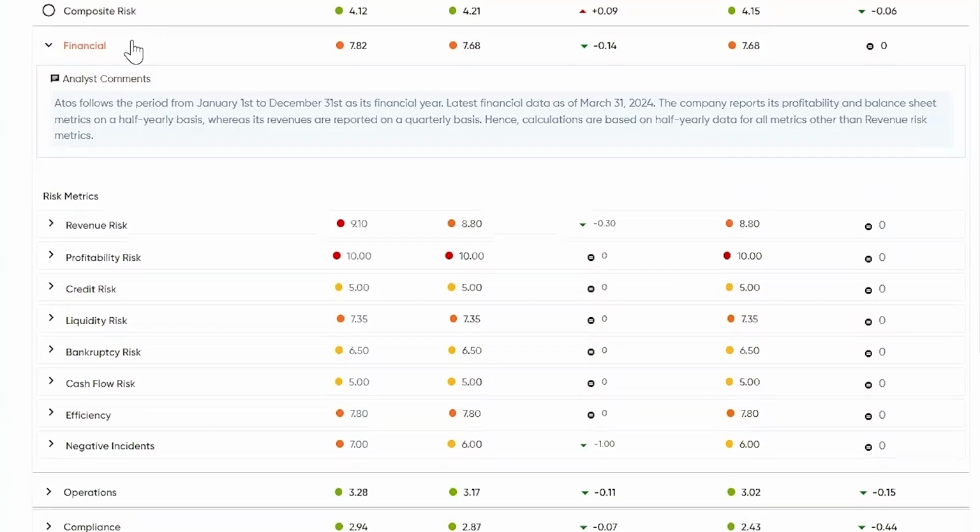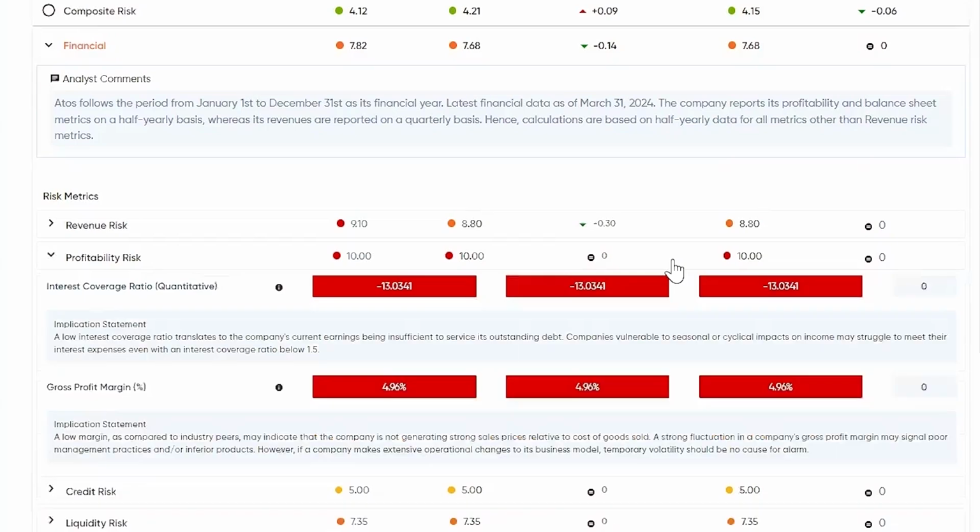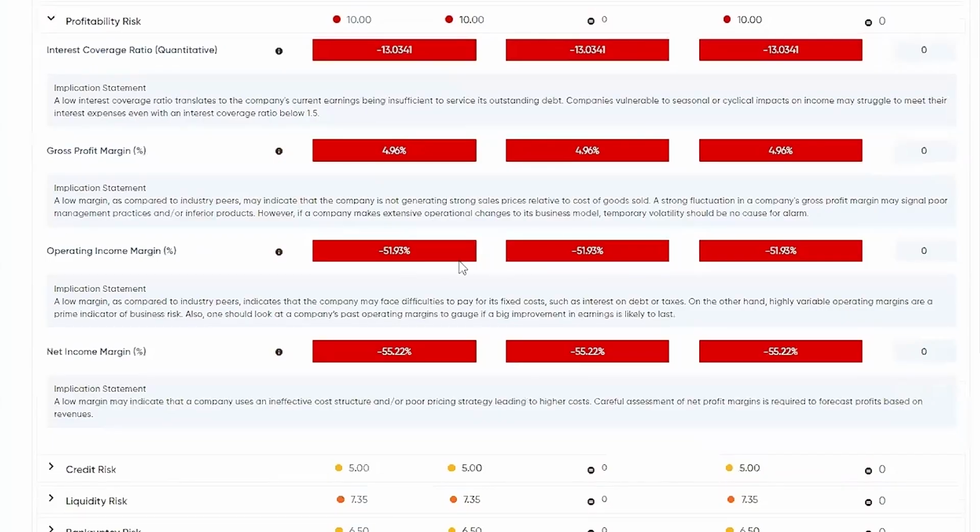domain. So in the case of financial, I'm seeing revenue risk, profitability risk, credit risk, and so on. Each of these subdomains is scored on that same scale that we're seeing throughout the platform, which is 1 through 10, low through critical. Here I can diagnose in this situation that it looks like revenue risk and profitability risk are primarily driving this high risk score and financial risk. Let's say that I want to understand what's driving profitability risk or any other subdomain. I click the name of the subdomain, and that shows me the individual metrics that are informing this scoring.